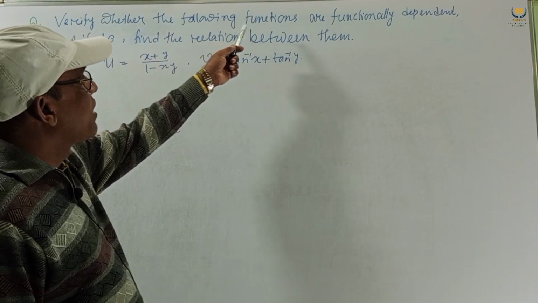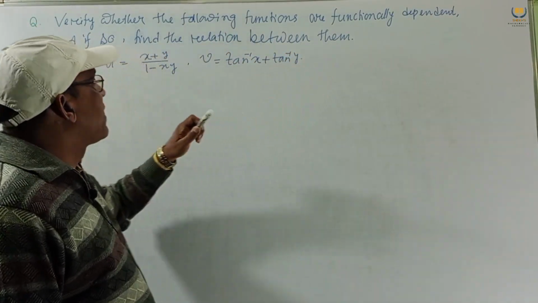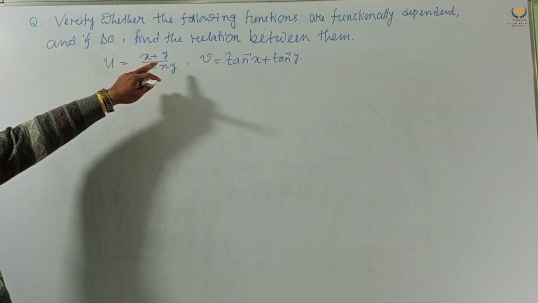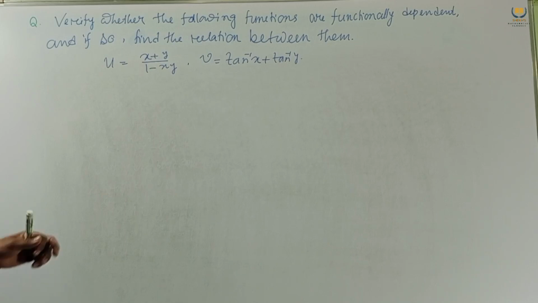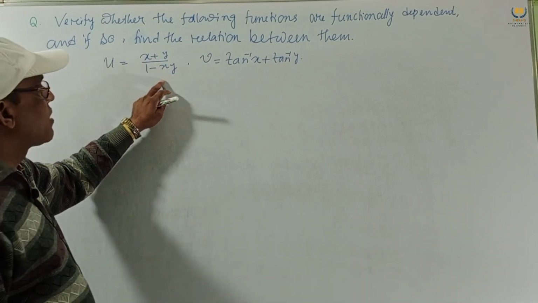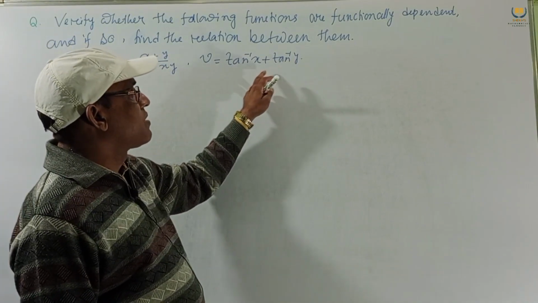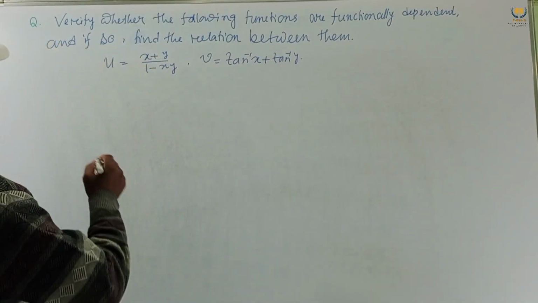Verify whether the following functions are functionally dependent. If so, find the relation between them. u equal to x plus y by 1 minus xy, v equal to tan inverse x plus tan inverse y. Now solution,